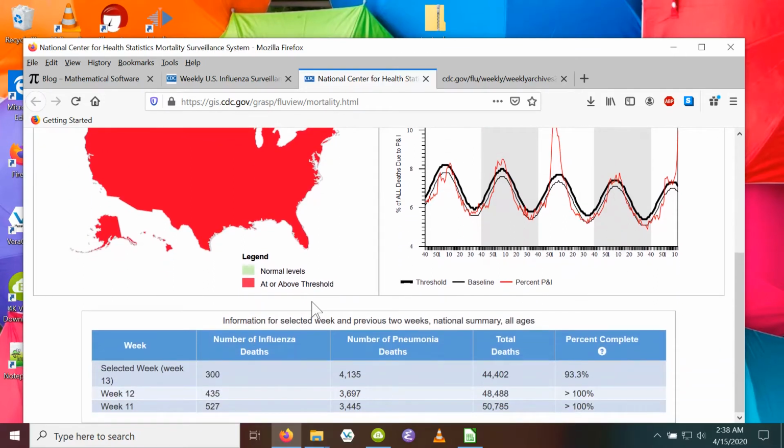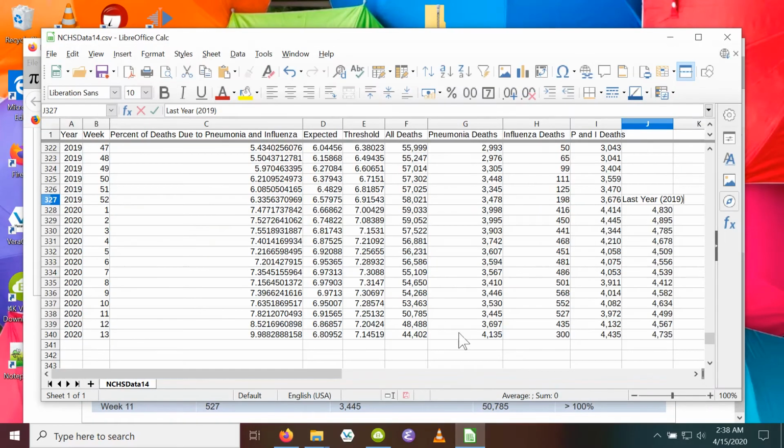Okay. And so one of the questions one might ask about the numbers I showed in the NCHS data file is how complete are they? They do change. For example, let's go to the 12th week. This is up from what the 12th week was last week. This data was put out on Friday, April 10th, 2020, and it's good through whatever good means, let's say, through week 13. On April 3rd, they put out a file, NCHS Data 13, which went up to week 12, and this number here, the total deaths, for example, was a bit lower.